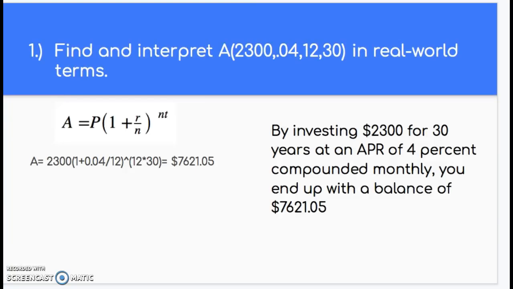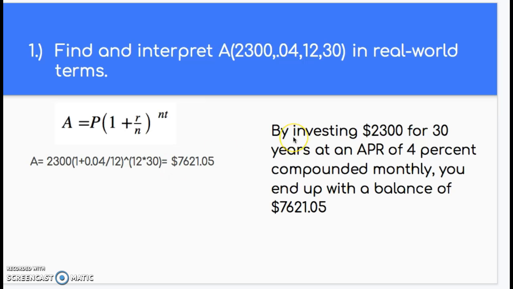So here is our solution. For the first question, we want to find and interpret A(2300, 0.04, 12, 30) in real-world terms. We know 2300 is the principal, 0.04 is the interest rate, so we have an interest rate of 4%. 12 would be compounded monthly, that's N, and then this would be T, so that's 30 years. This is the formula we're using, and you can see that we plugged all of the numbers into their variables, and we ended up with an output of